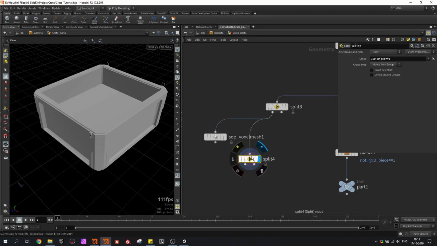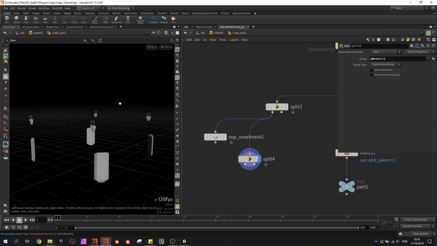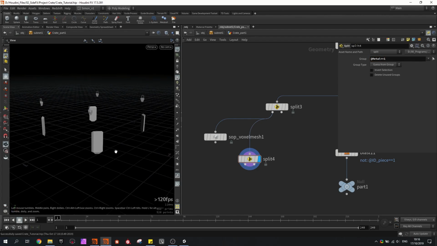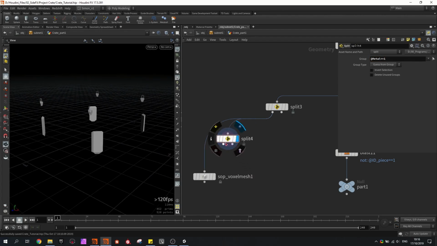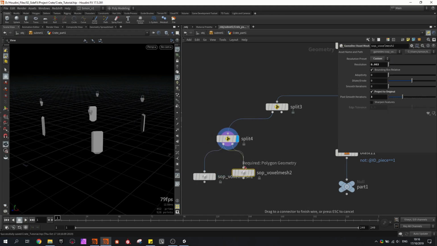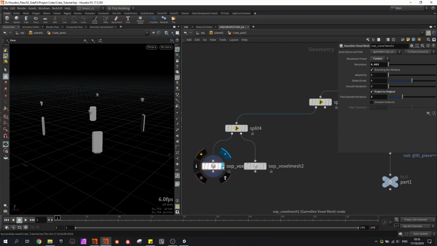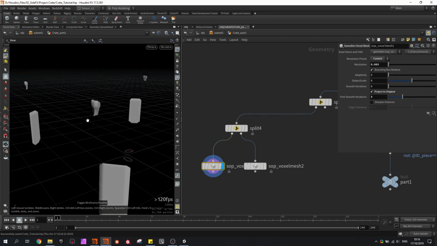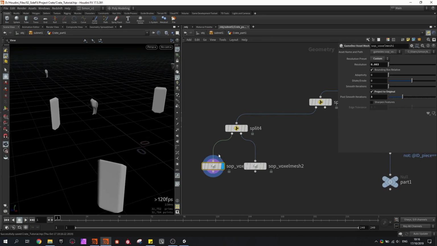Then once you set up these nodes, you can go back here, and I'm going to use another split node. And in the split node, instead of saying ID pieces, I'm now going to type in metal, and everything that is now metal should be seen now. And now I can do some voxels here,